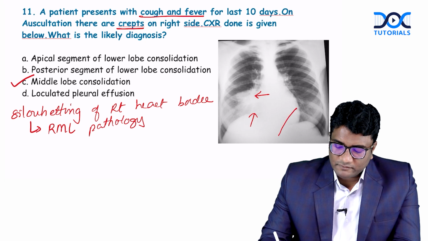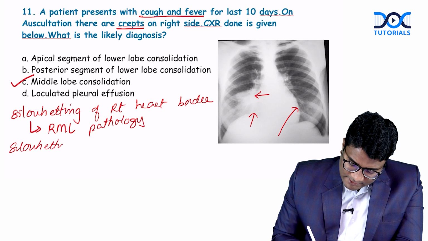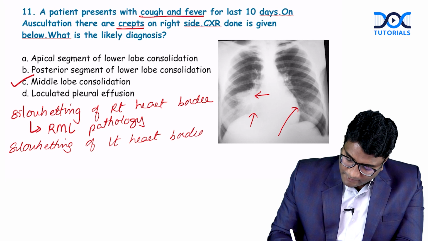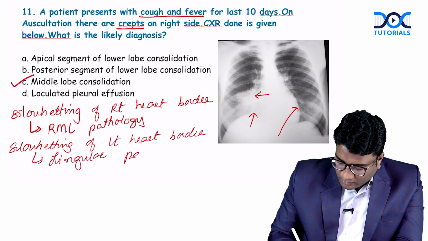And if I see a silhouetting of the left heart border, please remember, if you have an opacity which is causing silhouetting of left heart border, it is lingular pathology. It is the lingular segment of the left upper lobe, the lingular pathology that would cause the silhouetting of the